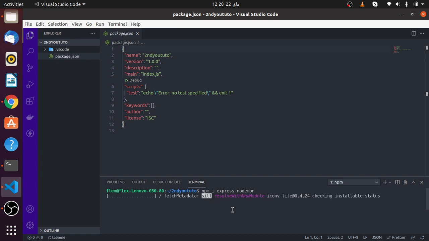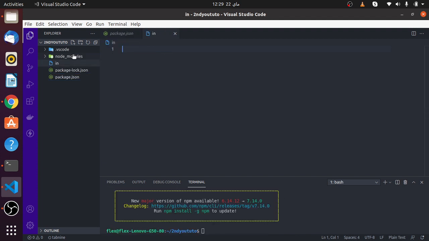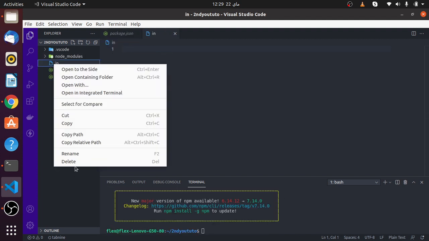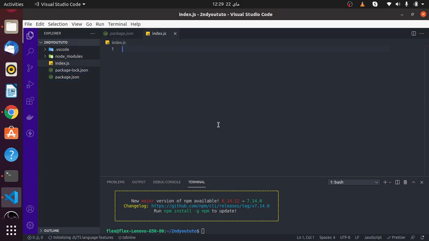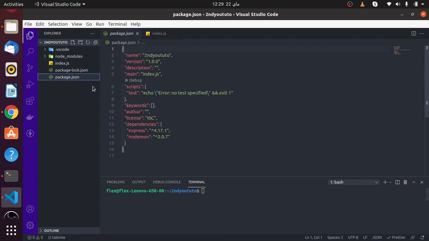We're gonna wait till it finishes installing, and while it waits, we're gonna create a file called index.js. Great. So it finishes installing right here, and what we're gonna do is to go to this package.json file